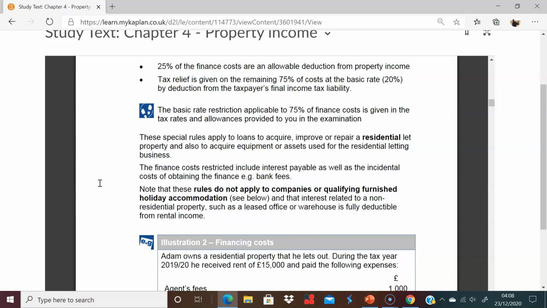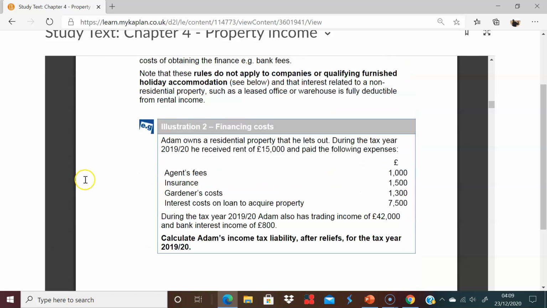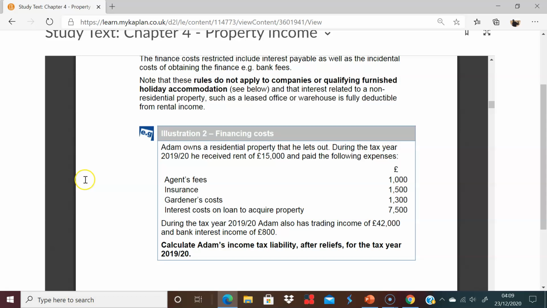So when we come to talk about trading, it's very different. Of course, if you're trading, yes, all interest is allowed as a deductible expense, but you are not considered to be trading if you have the one flat sitting there. Okay, great stuff. So let's very quickly, before we take a break, look at this example. Adam owns a residential property that he lets out. During the tax year, he receives rent of 15 grand and paid the following expenses: